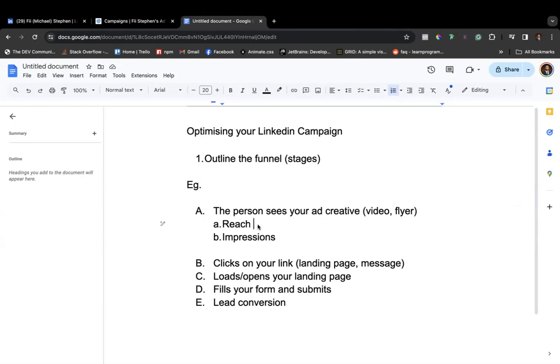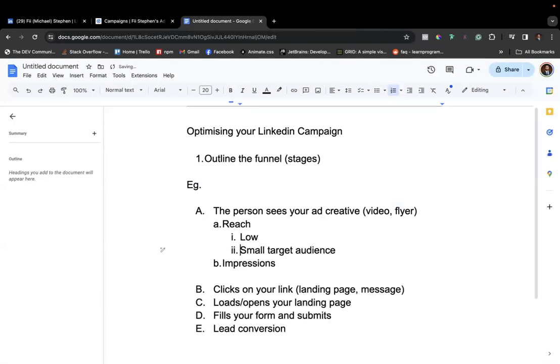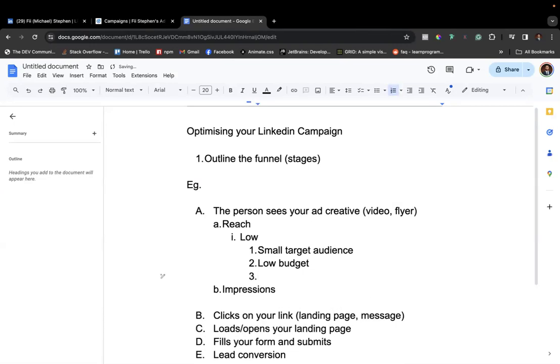The reasons why your reach is low, right? If it is low, maybe there is a small target audience. That's one reason for a low reach. It could also be because there's a very low budget. That can be another reason why your reach is low. A third reason why your reach can be low is that your ad